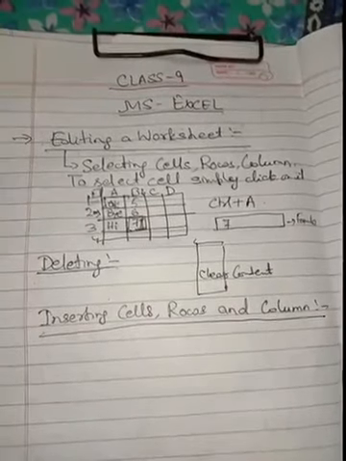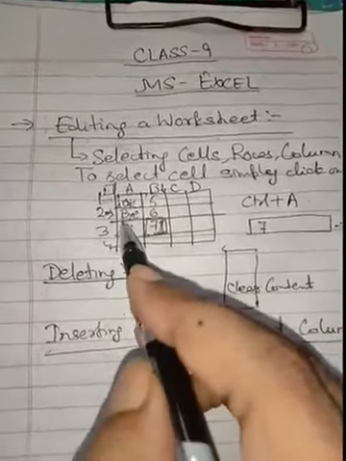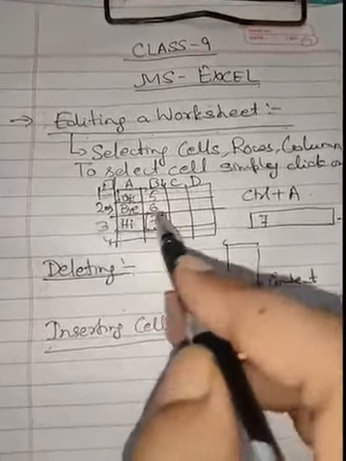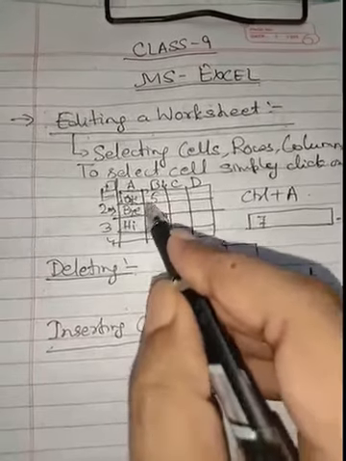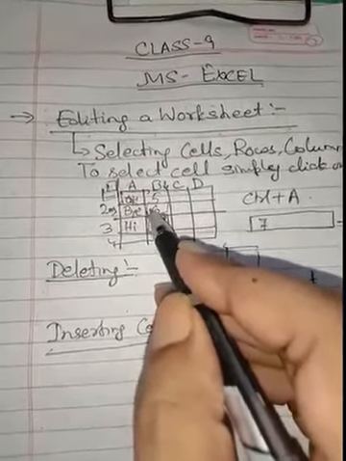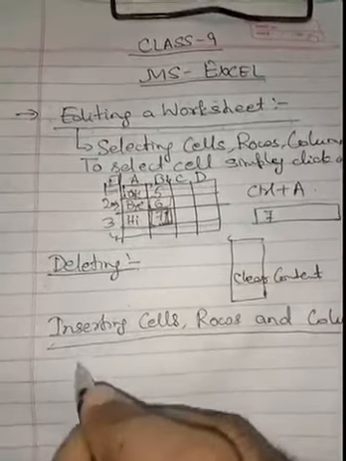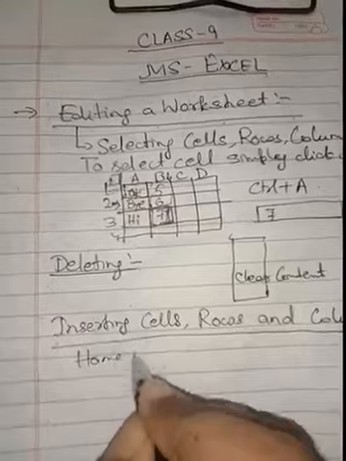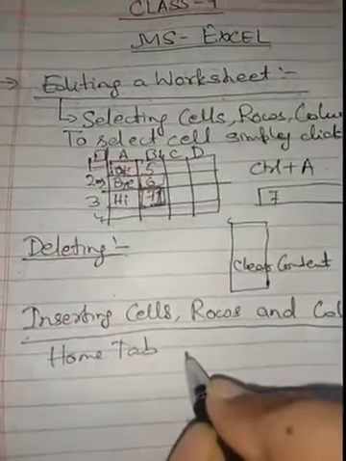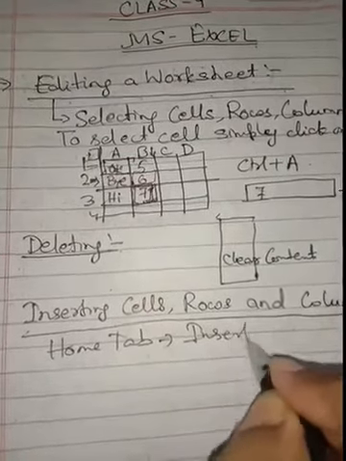So how can we insert the cells? First of all, click on the cell where you want the new cell to be inserted. Suppose I have clicked on this cell, I want a new cell to be inserted over here. So now, after clicking on the cell, move to the home tab, and from the home tab, move to the insert button,